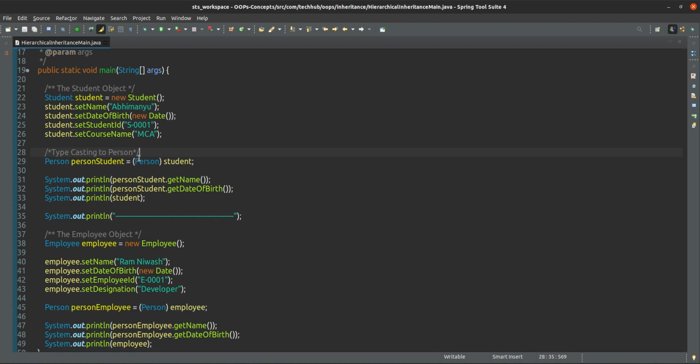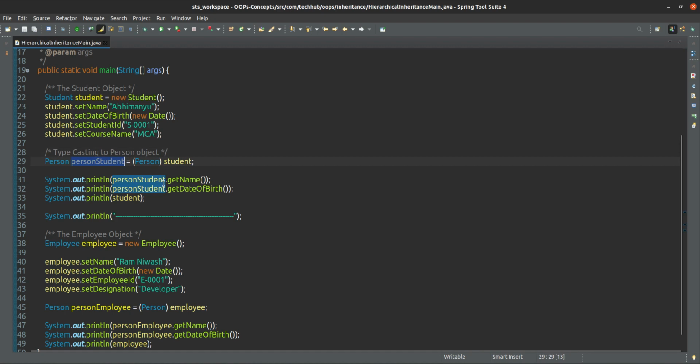In that case only we can do the typecasting. So this is typecasting to a Person object, simple. So you can do typecasting also, and you can print the name, getName and getDateOfBirth, and the student you can print as it is.